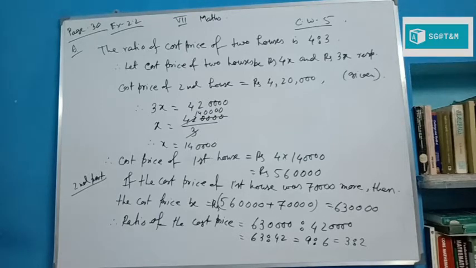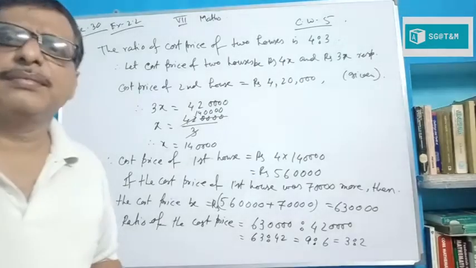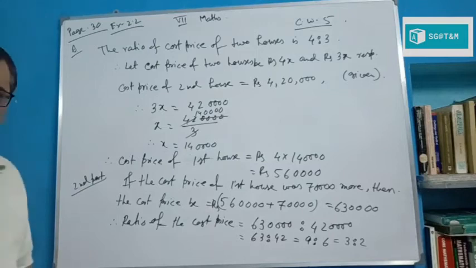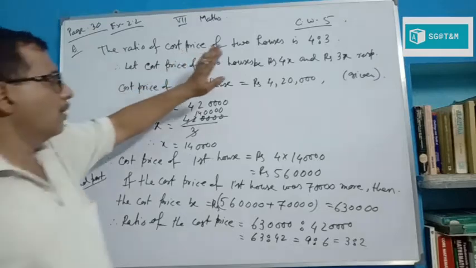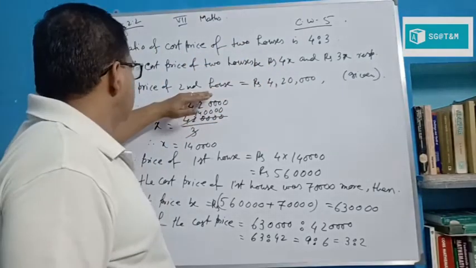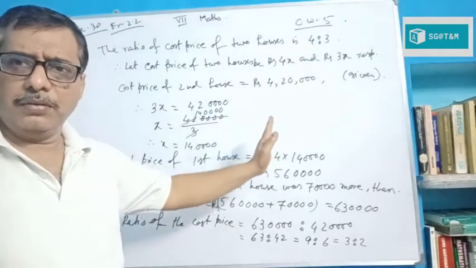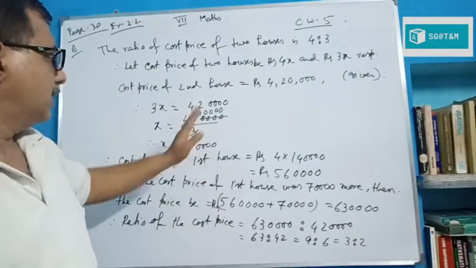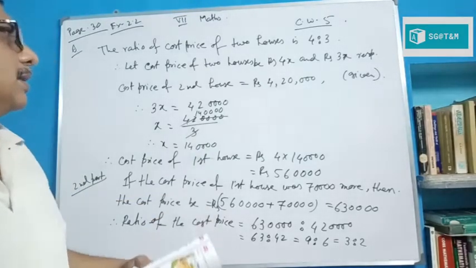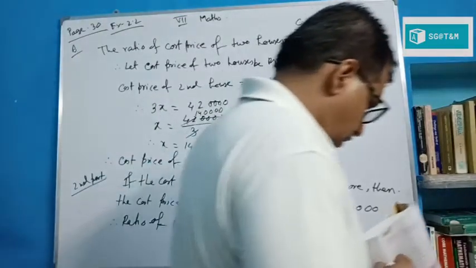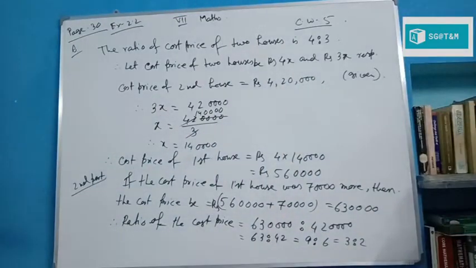It's okay. This is question number 6. Is it clear to all of you? I think it is clear to all. Very easy. First find the cost price that is given, or if you use arithmetic, no problem at all. From the ratio we can also find the cost price of the second one.